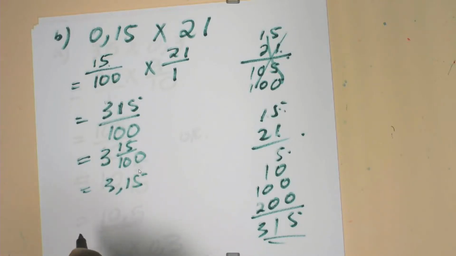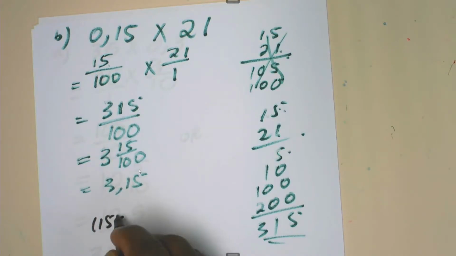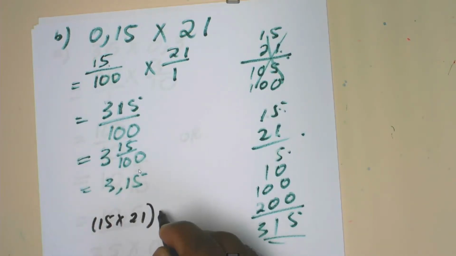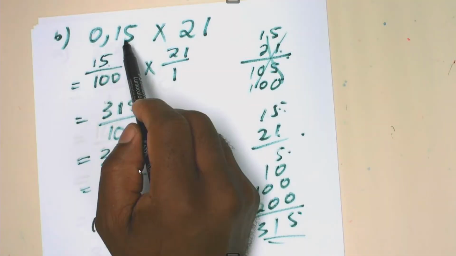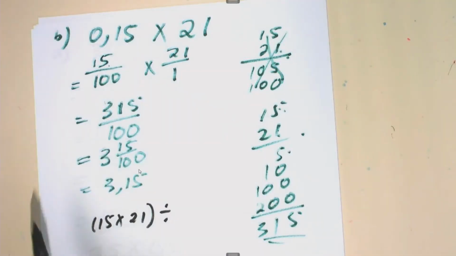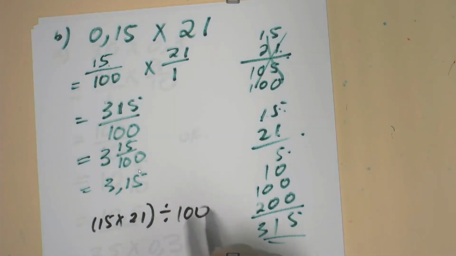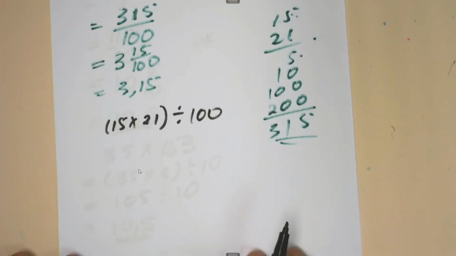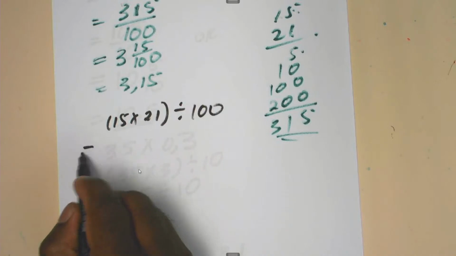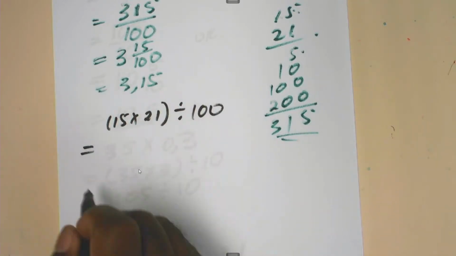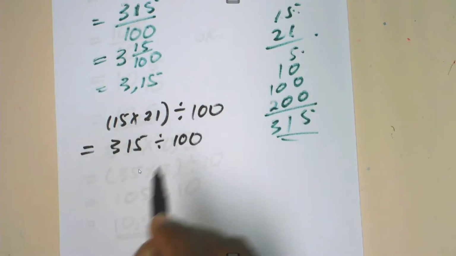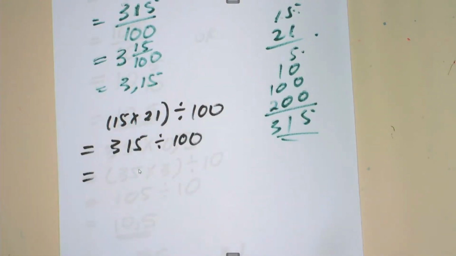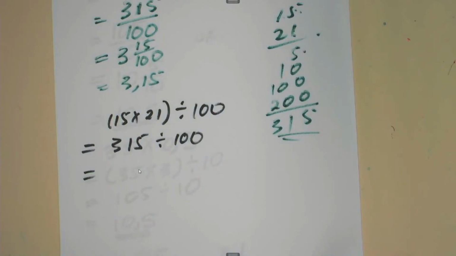And then you can now say 15 multiplied by 21 divided by how much? 100, because it's hundreds here. Ne? So we are going to say 100. And then we say we have just got it. This one is going to be 315 divided by 100, which we can now say